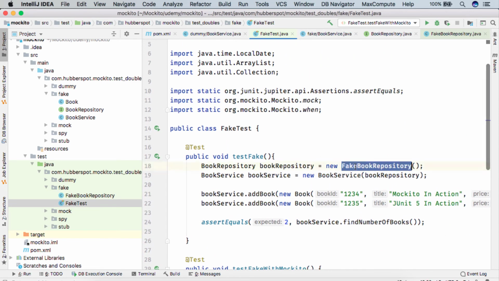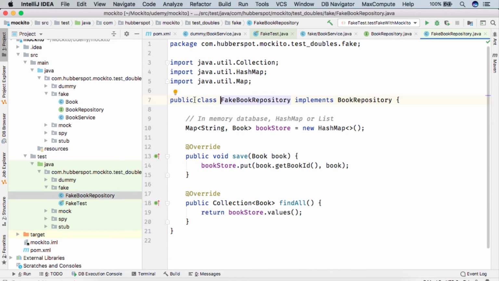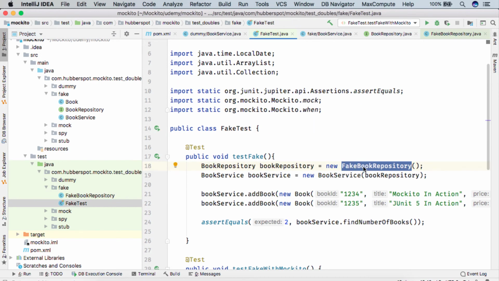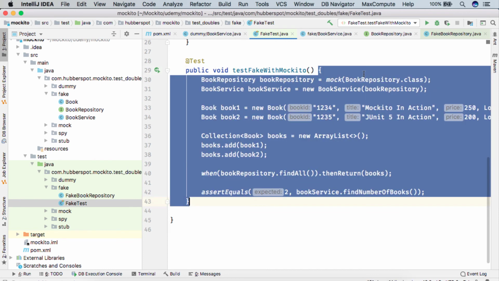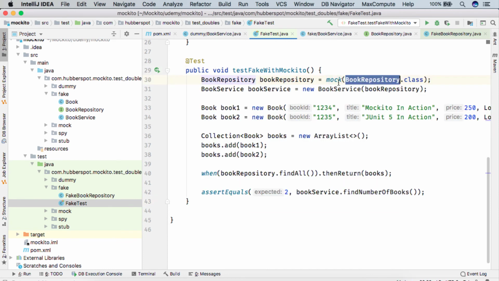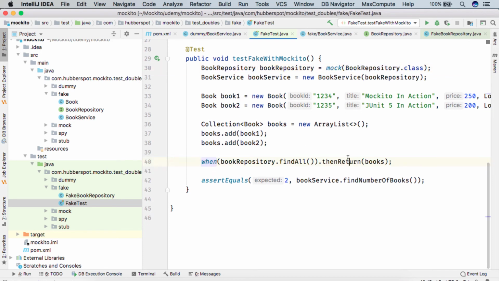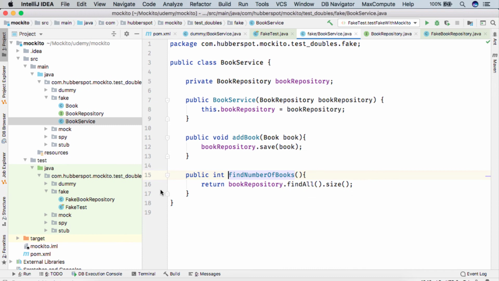So instead of using the fake book repository and manually adding these methods and providing the fake replacement for our original database, we simply used the Mockito framework and created a mock by using this mock method, and then using when and thenReturn, we told that when we are testing this findNumberOfBooks method, the call will come here and then it will try to call the book repository, but there is no actual implementation of the book repository as of now.